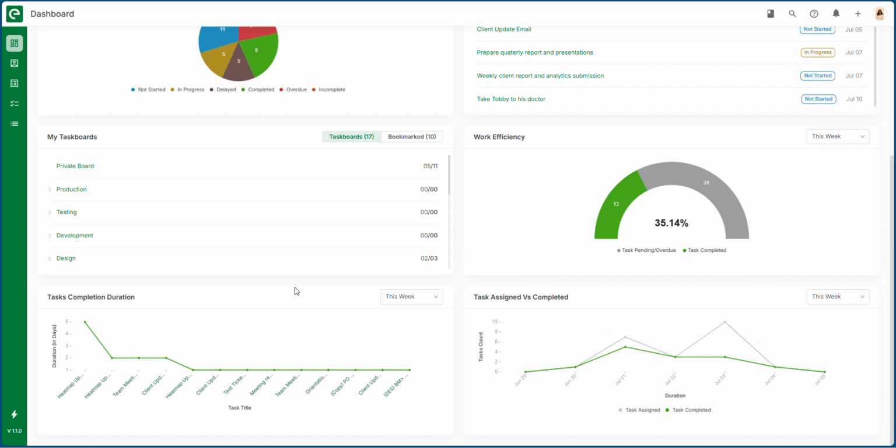The Task Completion Duration section displays a line graph showing the average time you take to complete tasks. It helps you understand how long you are spending on different types of tasks. By using the filter, you can narrow down the data to specific date ranges and assess where delays or speed